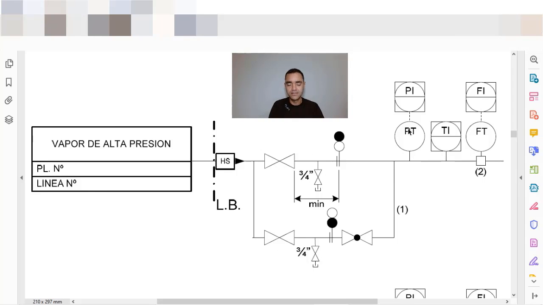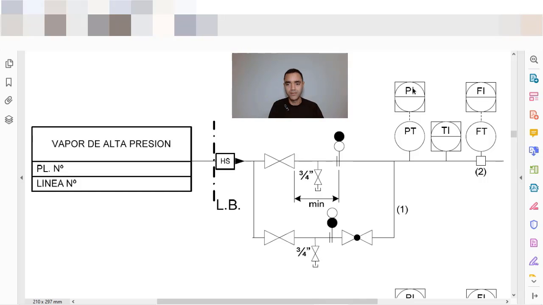And in this arrangement, we have an isolation valve, and we have a bypass with another isolation valve, figure 8, and in this case we have a globe valve or a regulating valve. Downstream of the manual valves with drain valves, small ones, we have also the pressure, temperature, and flow indication or